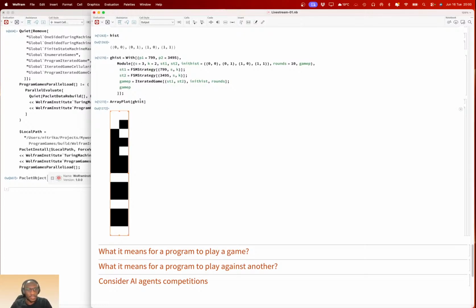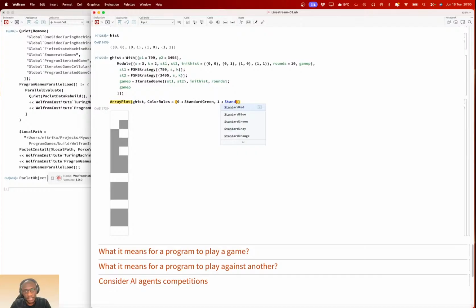It starts off as, I think, let's make the colors. Color rules. 0 to standard green, 1 to standard, or maybe blue.